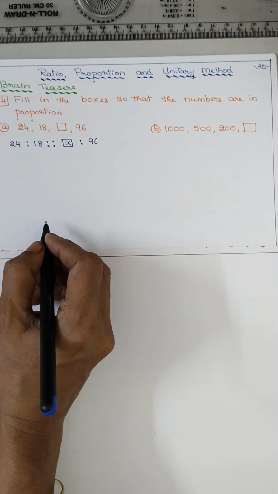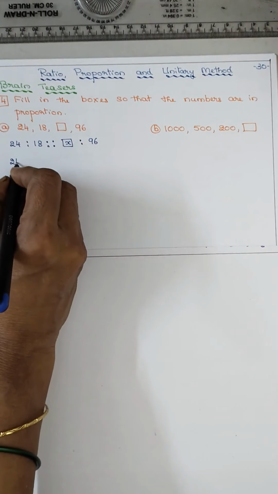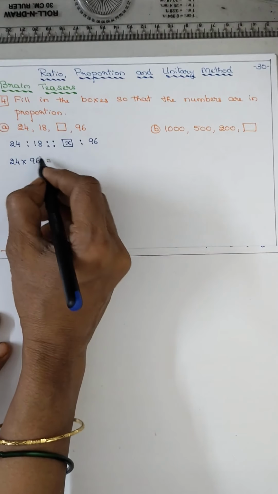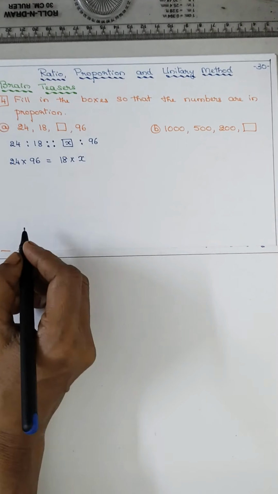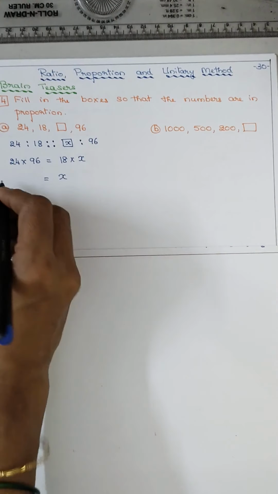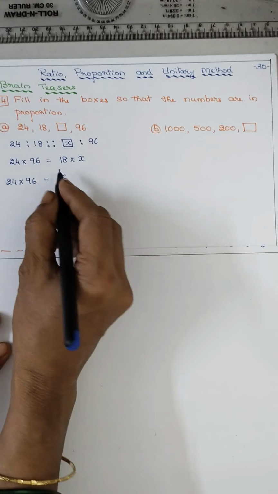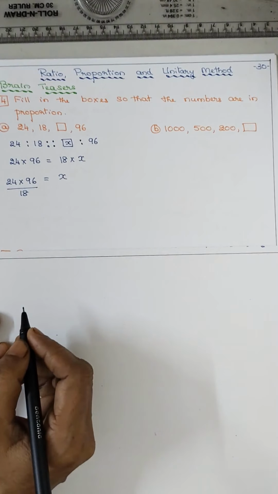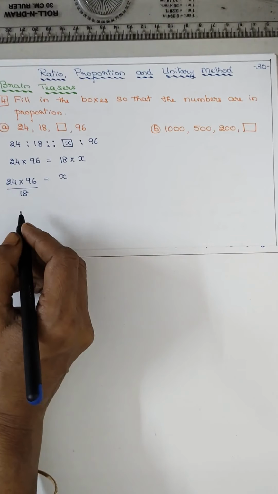So to find x, we have to write the product of extremes, that is 24 into 96, is equal to the product of means, second and the third. So x, you keep it on the right side. On the left side it is 24 into 96. 18 you bring to the other side. So 24 and 18, it is a